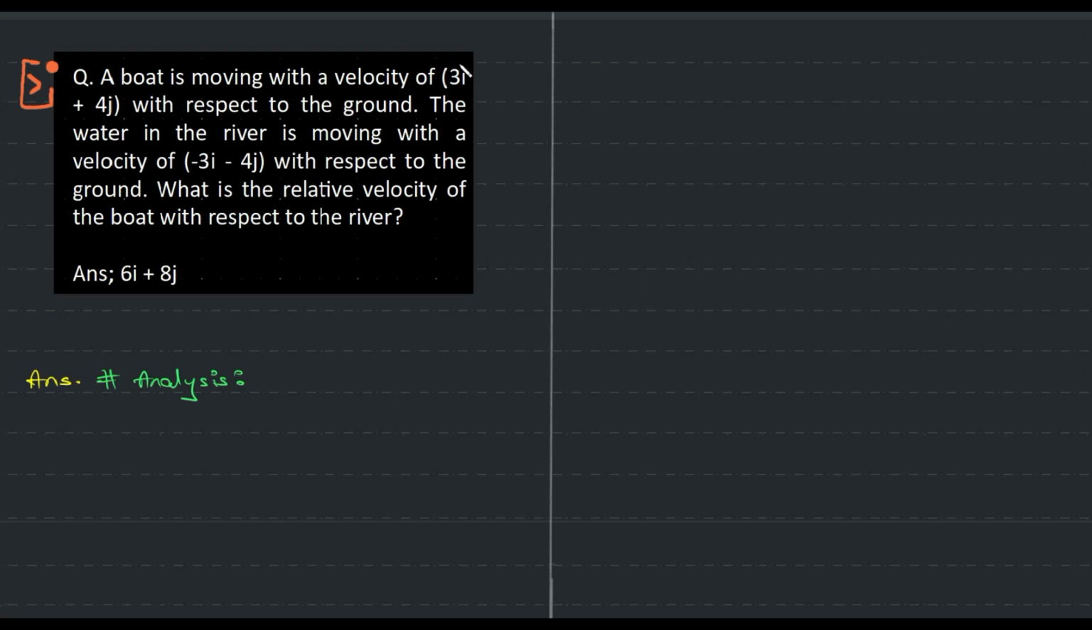Boat is moving with a velocity of 3 i cap plus 4 j cap with respect to the ground. The water in the river is moving with a velocity of -3 and -4 with respect to the ground. What is the relative velocity of the boat with respect to the river? So basically we are looking at,